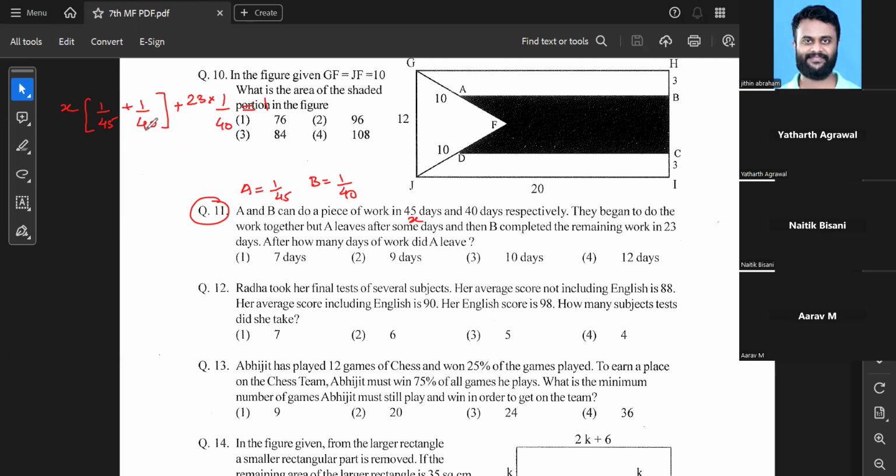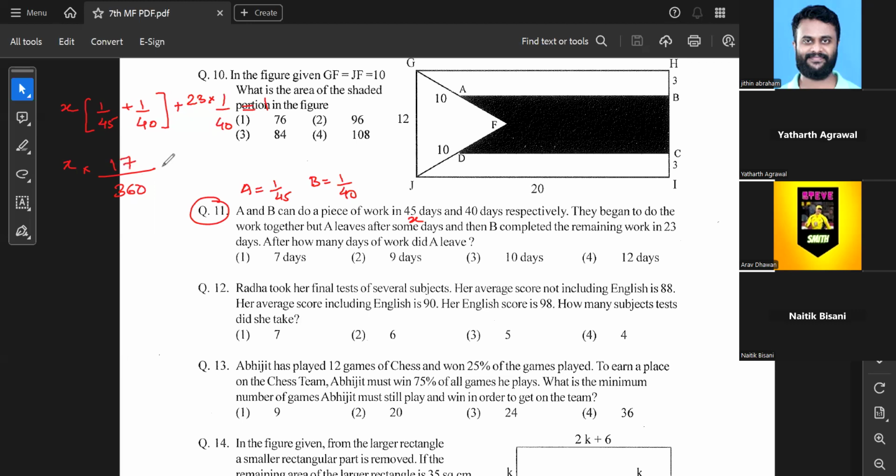Now, when I take LCM, 45 and 40, 360. LCM is 360. So X multiplied by, in the denominator, you'll write 360. And in the numerator over here, I'll say 8 plus 9. 17 it should be, right? Yes, sir. Yes. 17 plus